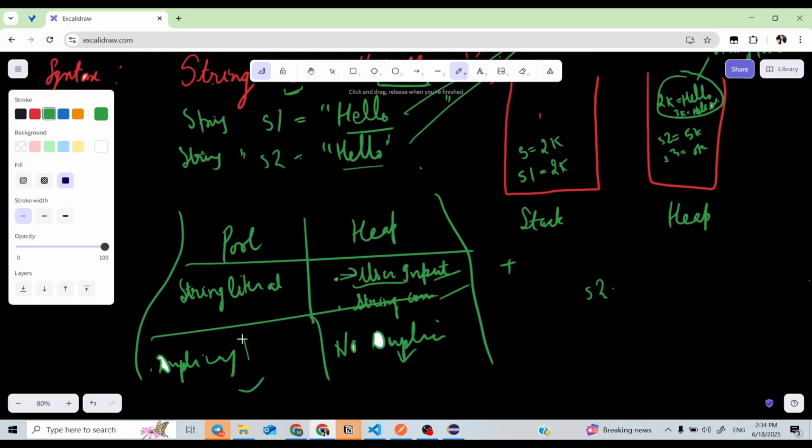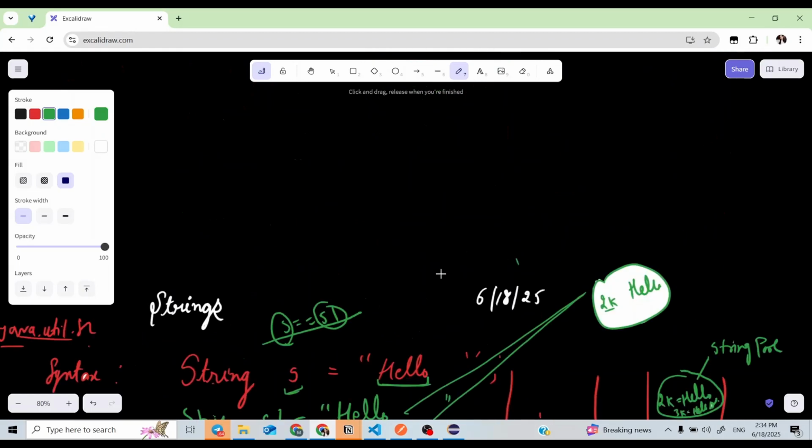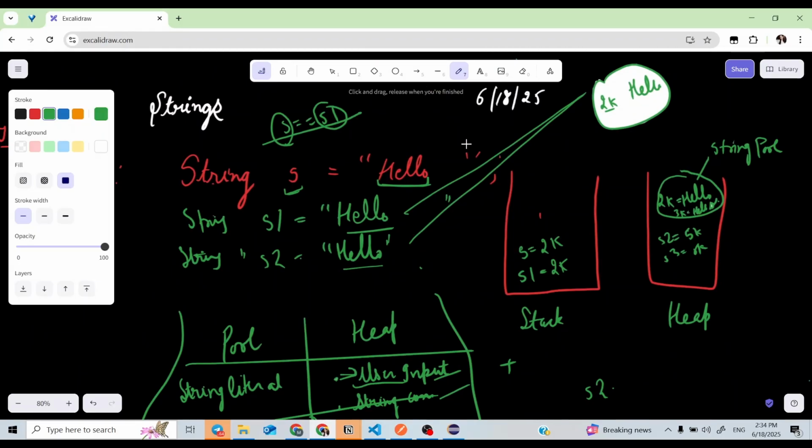In heap, duplicacy is allowed. So instead of making hello three times, only one hello is made, and that 2k memory location is shared by these three. So it saves our memory.